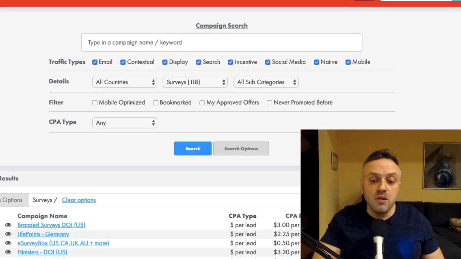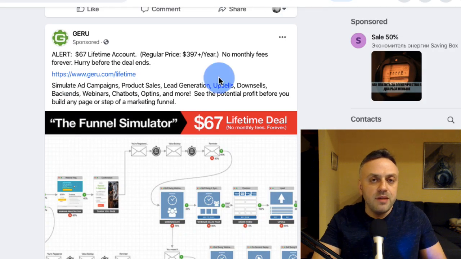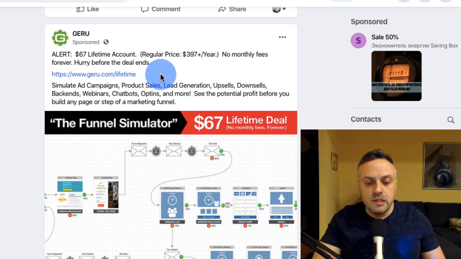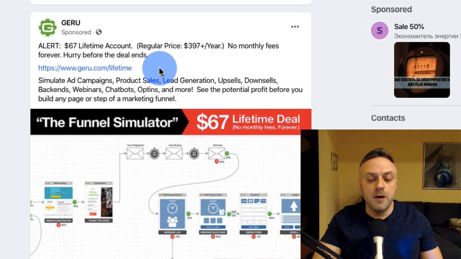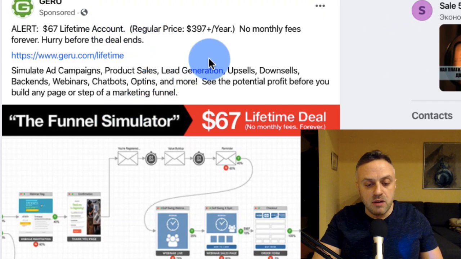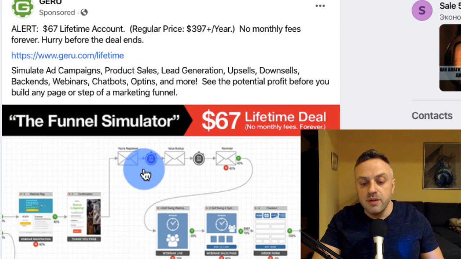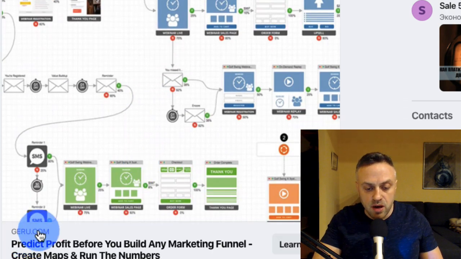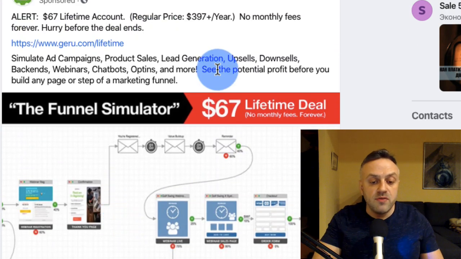And so just to give you an idea what a really decent ad is, something like this. This actually just popped up on my newsfeed when I was browsing. And it's basically some kind of a funnel simulator. Basically, you can create a sales funnel from what I understand, and it basically shows you. And it's legit. It's not an affiliate offer, because this is the name of the site, you have the name here and all that. So this is very, very legit.